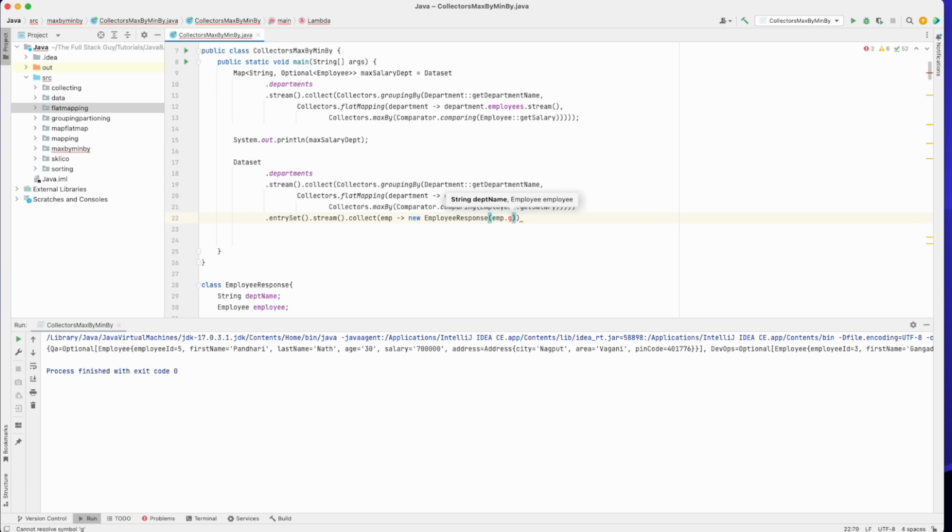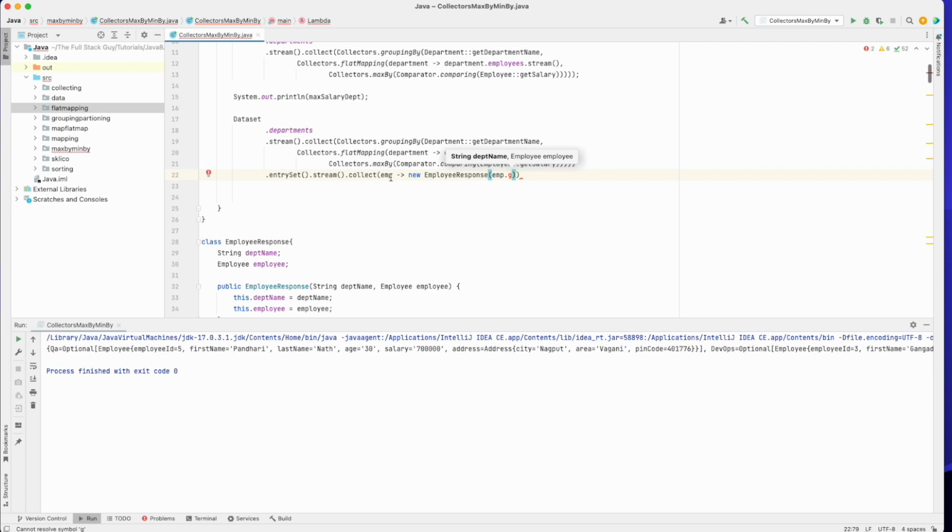Okay, we are returning new employee. Okay, do we have some? No, we don't have to collect it directly, we have to map it. That is the reason we are not getting the suggestion. We have to map